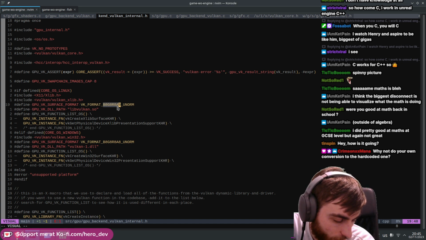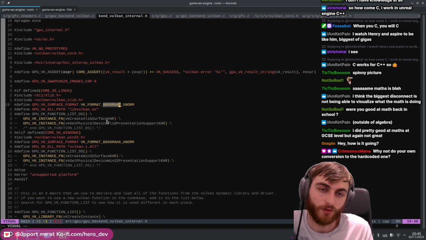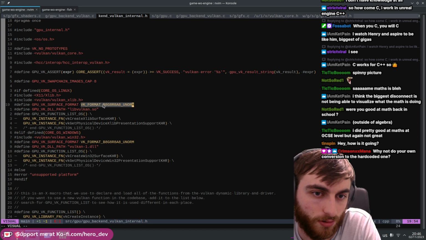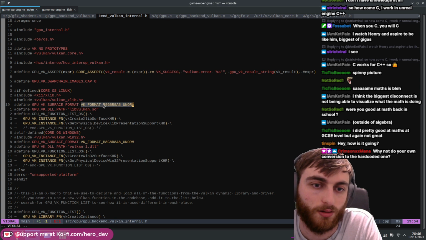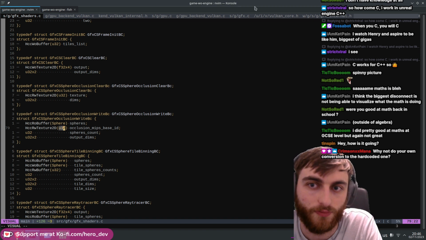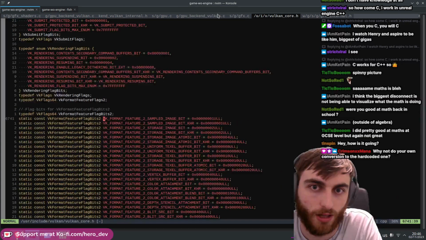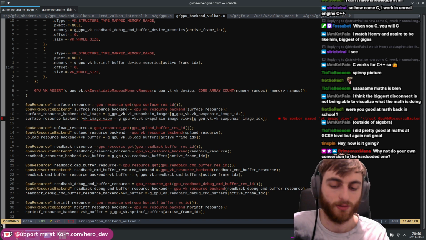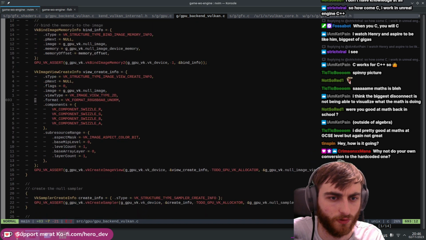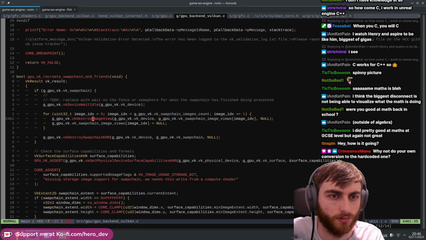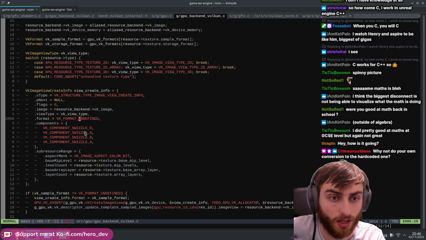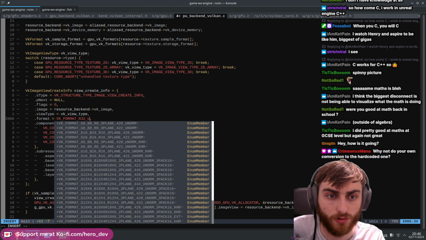Why not do your own conversion to the hard-coded one? Because you don't know, the driver can do whatever it wants. That's the thing, Crimson Mania. So I can only get it as a U32 if I made an image view where I specifically tell it. What is this one? Oh, it's the null texture, right? Hold my beer. So if I were to say it's an R32 UN, this will work